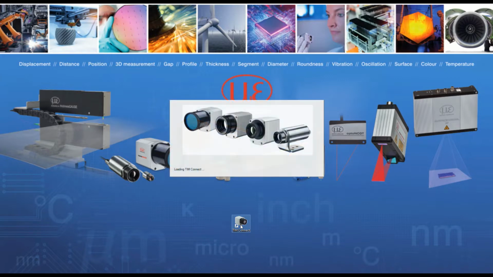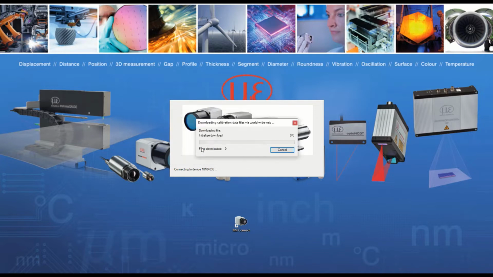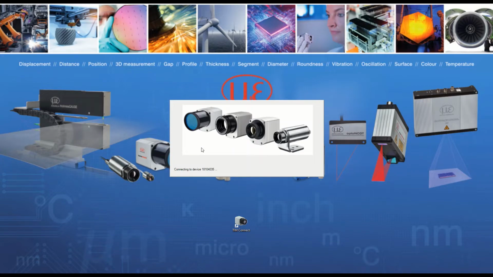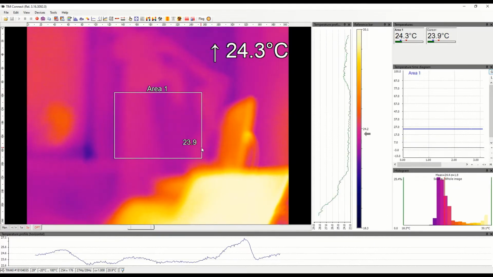If you have your camera connected, the software, when opening, will attempt to connect to the camera and load the calibration files. If it's the first time you are using the thermal camera with the computer, then you will get a prompt to connect to the internet and download the files from our server. This is the best and quickest way of getting the calibration files. Alternatively, they will have been provided on a USB stick with the camera. So if you don't have an internet connection, you can install the calibration files from the USB drive. So once the software has the calibration files, it will then attempt to load them and then connect to the